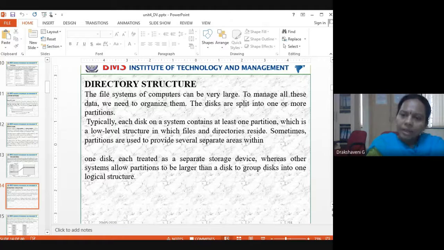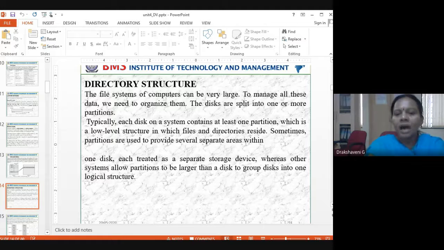We have made the partitions, but in early days, maybe think of 30 or 40 years down the line, there were no partitions, and to do partitions was also very difficult those days, not right now. So how was that? That was completely in one storage. So that's what we called as one directory. We'll see the diagram also. One disk each treated as a separate storage device. How this disk is and how we are going to store.